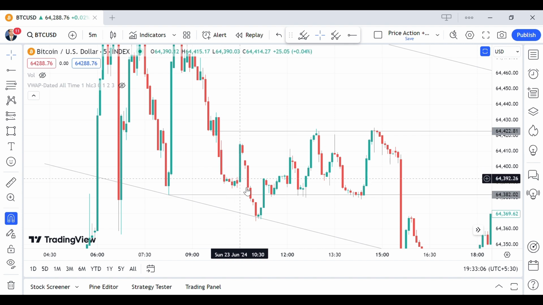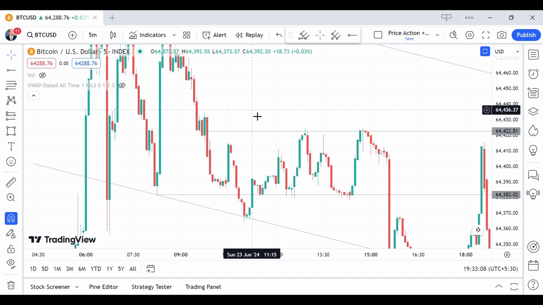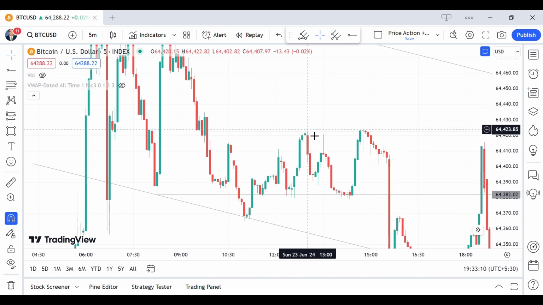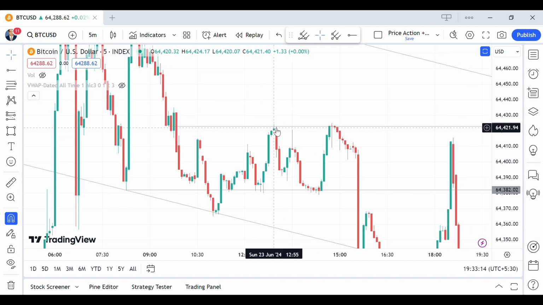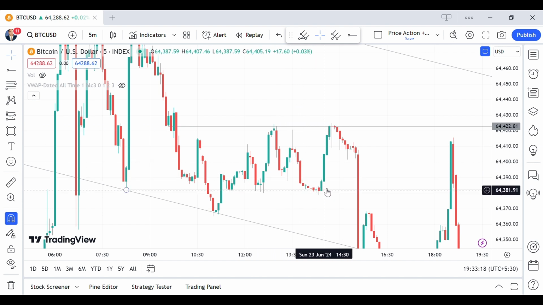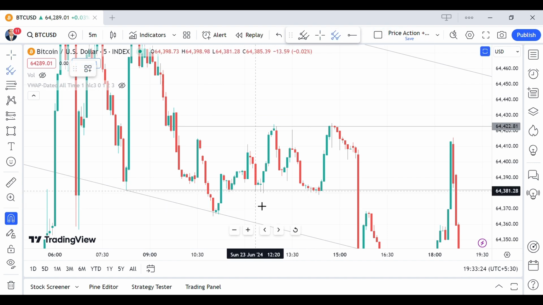Finally, the sellers have taken control of this market. So whenever price touches this zone again, we can think about shorting that market again. This is the first time price has encountered this point and then created lower highs and lower lows. Price is again making another high here. At this point, we can think about drawing a pitchfork in the price extremes like this: